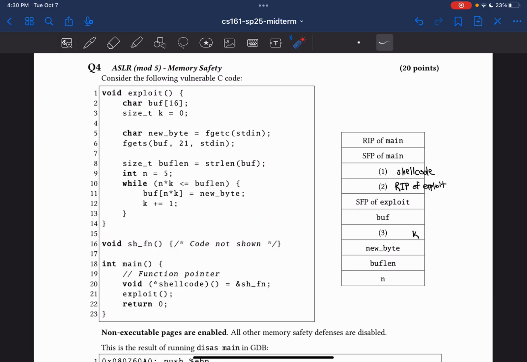We're writing a new byte to some parts of the buff, and those some parts are defined as n times k for all values less than buffer length. And the buffer length is just the length of the buffer, and if we fill up the buffer, that should be 21. Sorry, it should be 20, because the 21st byte is a null terminator, and that's not included in the length